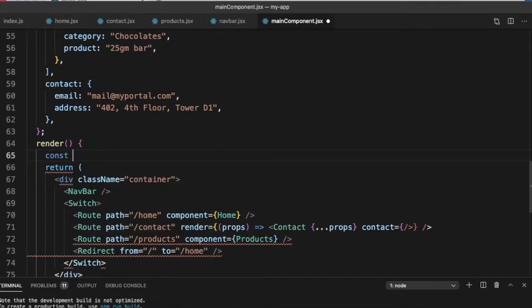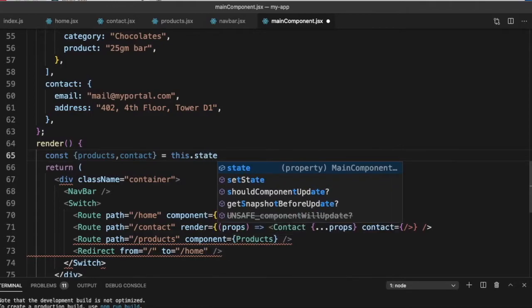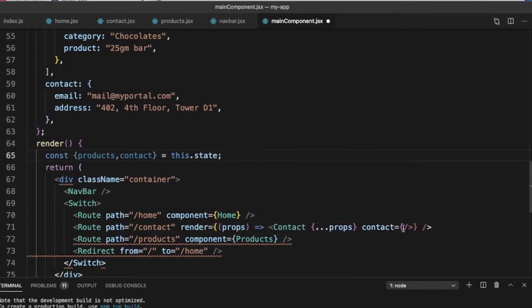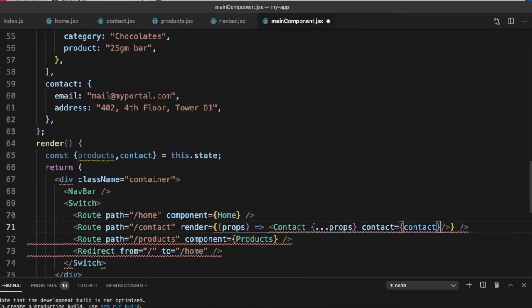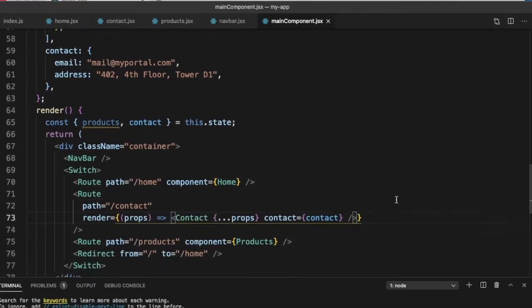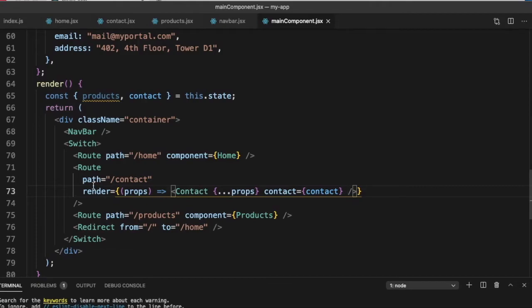So const products, contact equal to this.state. So this is the way we will pass custom props.